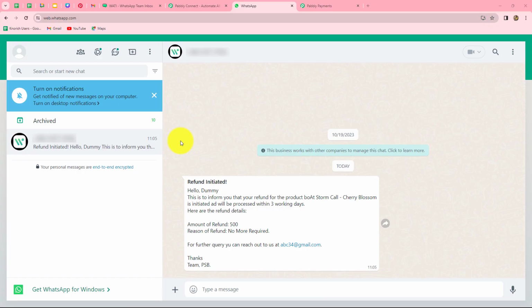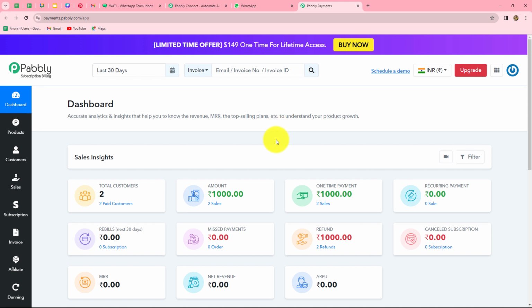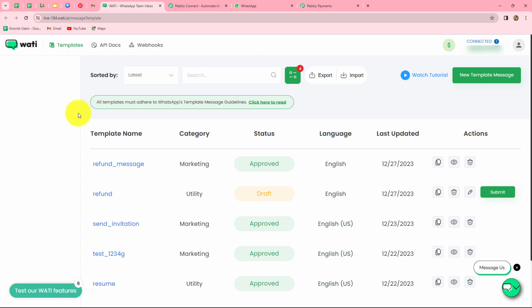In this video, we are going to learn how can we automatically send WhatsApp message to the customers whenever the refund will be created for a particular product in Pabbly subscription billing. Okay, for sending WhatsApp template messages to customers, here I'm going to use Vati. Vati has the official API access of WhatsApp. If you want, you can also take any other application over here to send WhatsApp messages such as Interact or